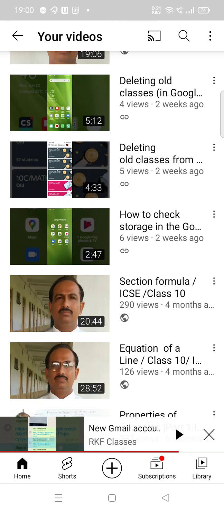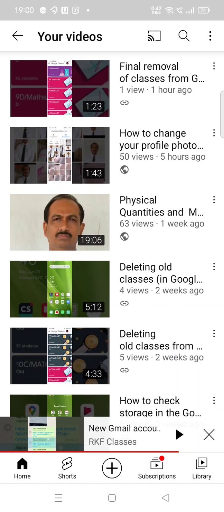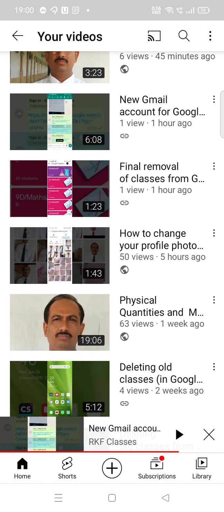Second is how to delete old files, 4 minutes 33 seconds. It is written part 1, part 2. Part 3 is deleting old files. Suppose you have first deleted from Google Drive, then we need the final removal part, because if we clean the drive first, the skeletal remains in Google Classroom. But if you first clean from Google Classroom and then from the drive, you don't need part 4 of the video.